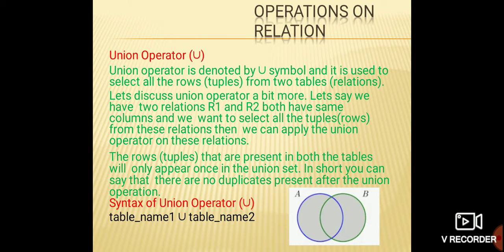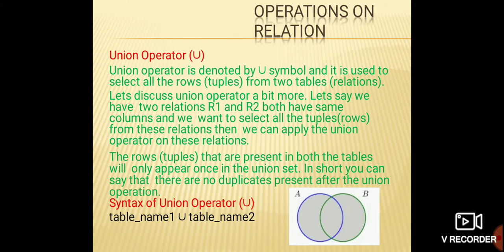In the union operator, it is denoted by the U symbol. The U symbol is used for mentioning the union operator, and it is used to retrieve all the data of the selected rows or columns from the two tables. As mentioned here, A and B are there. You can see in the figure also. Some data will exist in A, and some data will exist in B. So what will be the output we'll get after giving the input? We'll get all the data displayed.